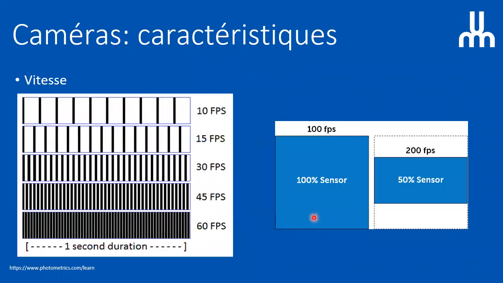Also the speed, some people want to image things that are very, very fast in a cell. I'm going to show you an example later on. So the speed of the camera is a very important thing. You can always decrease the size of the sensor digitally to go faster, but usually people want